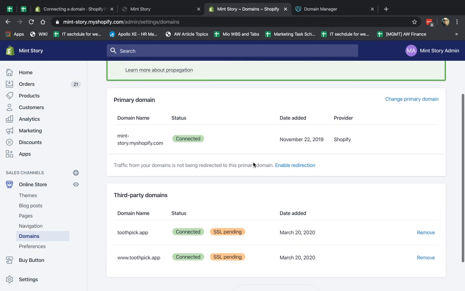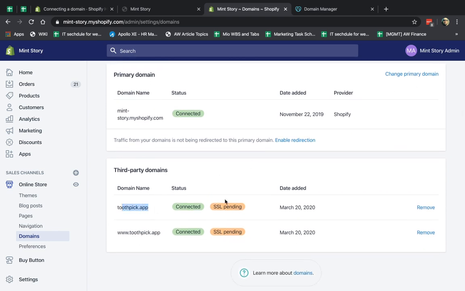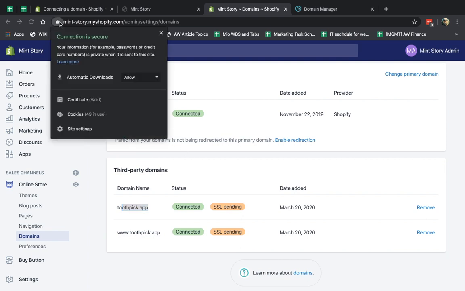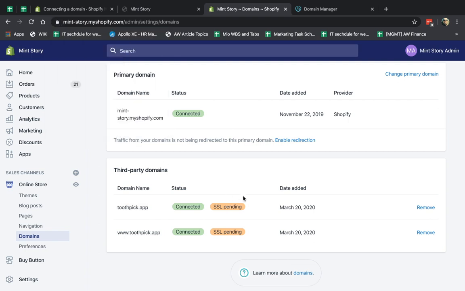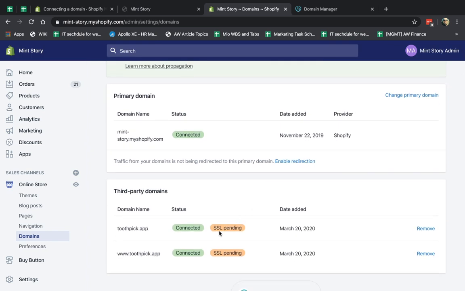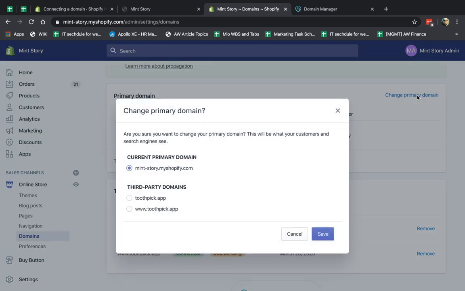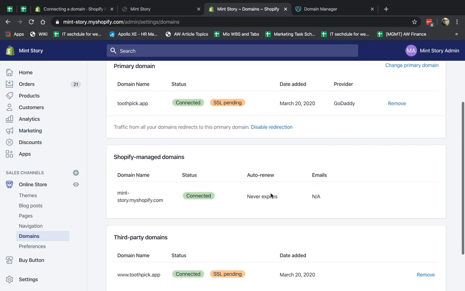Once the domain is registered, it's going to take a little time to create your SSL certificate, which secures the communication between Shopify and the customer. This takes a little time, sometimes a few minutes, sometimes a few hours, honestly, so you have to wait a little bit. Once it finishes the pending, click on Change primary domain and select the one you want, either with or without the www. Let's do it without, I think it looks a little cleaner. I click Save, and it's connecting it.